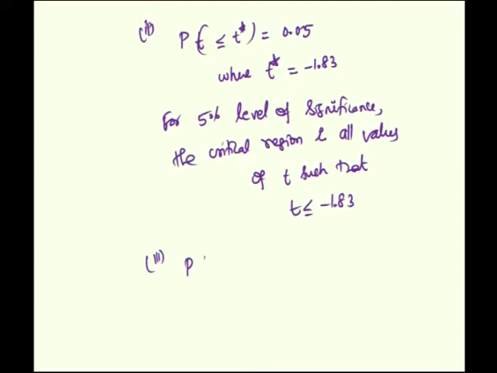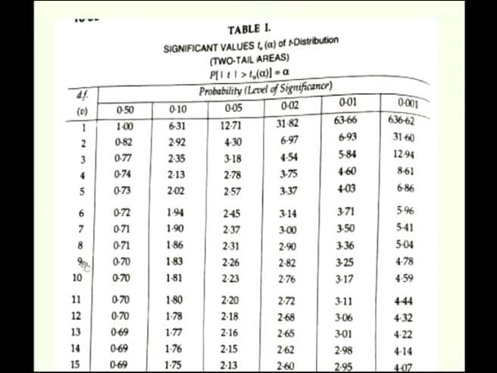Just look at P of t less than or equal to t star is equal to 0.01 with 9 degrees of freedom. Look at the t table with 9 degrees of freedom and 1%. This is actually two-tailed, right? Therefore, for 1% we have to look at 2%. For 9 degrees of freedom at 2% we must see that is 2.82, this particular value. Because the alternative hypothesis is one tail and this particular table is for two tail, we have to convert it for one tailed. 1% if you want, it is 2%,